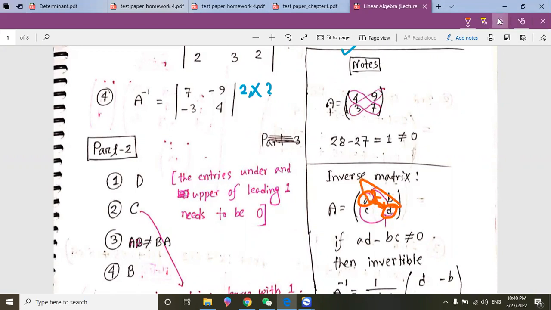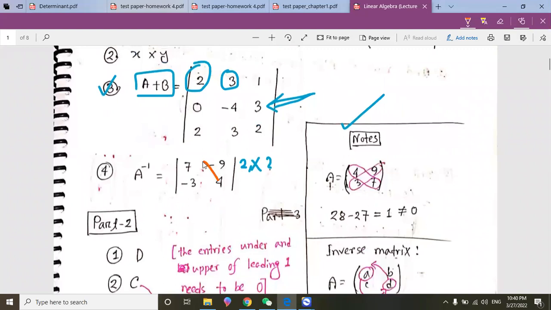So okay, so we take 4 here, and we take 7 here. Okay. Mouse is having some problem. So we exchange these two values,